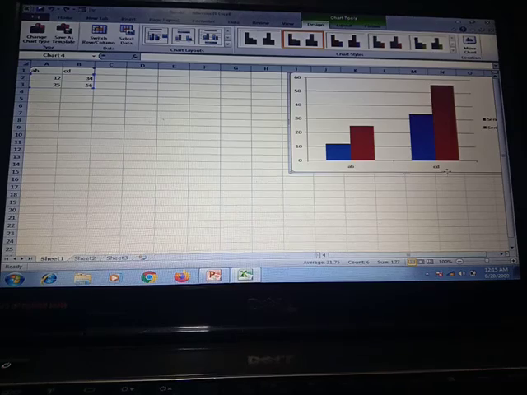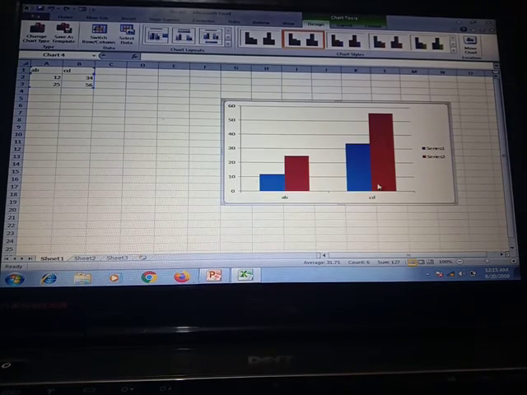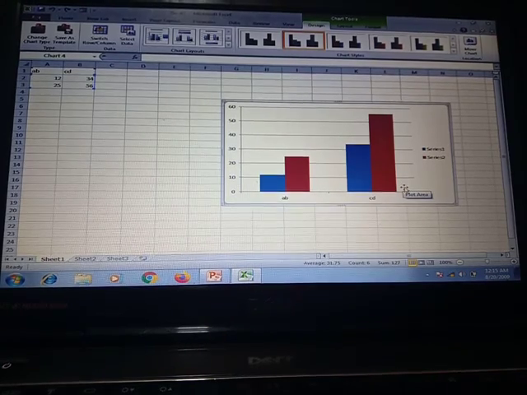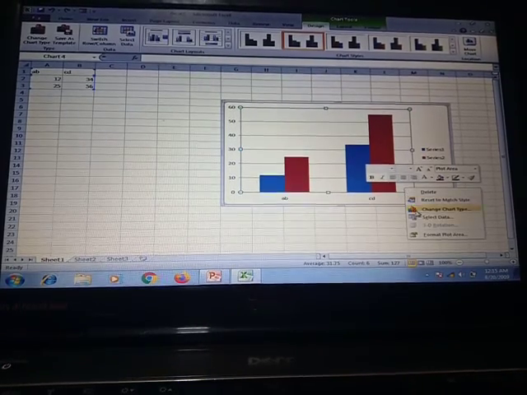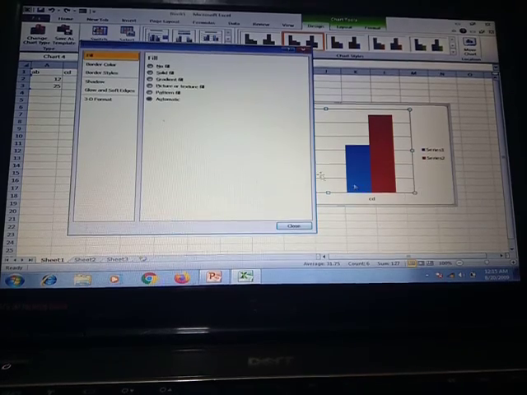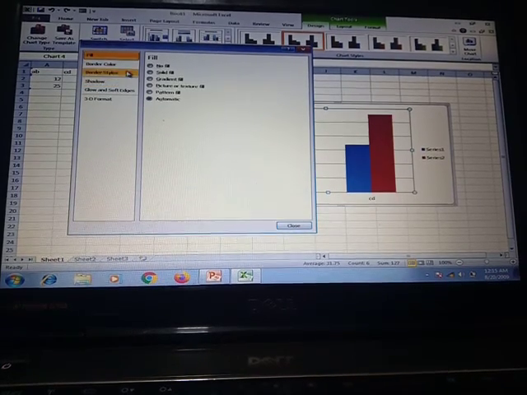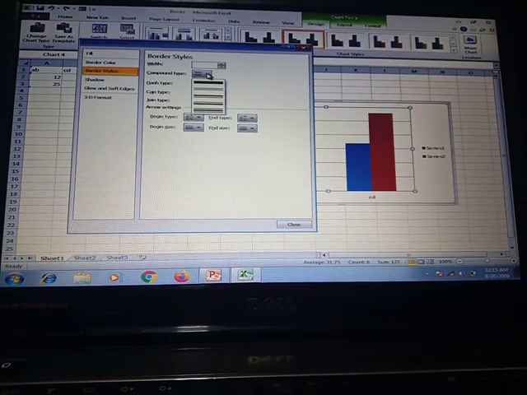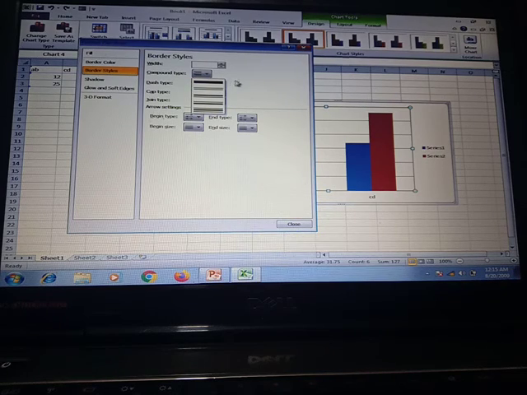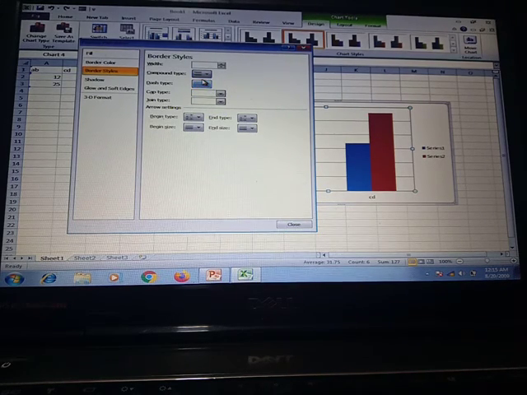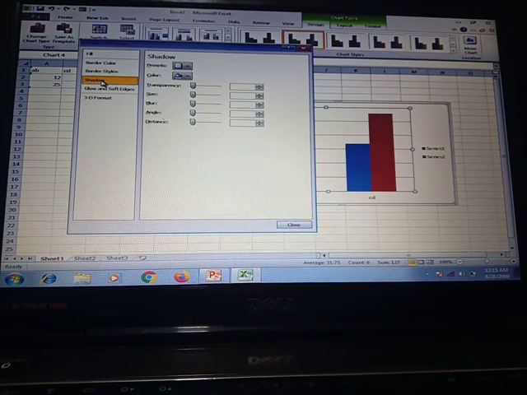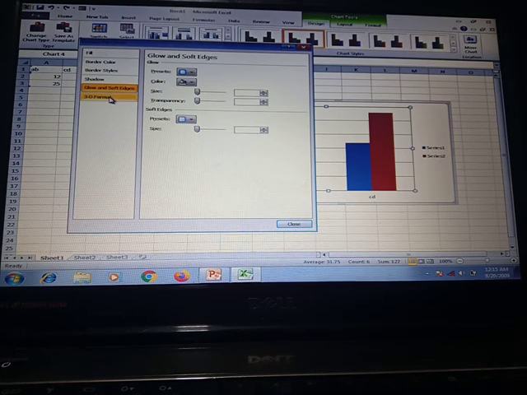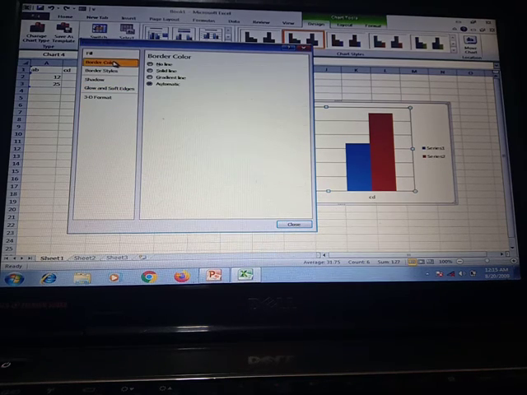So this is your plot area where we can change the appearance. We have to click on plot area, format plot area, and we will see the options by which we can change our border styles. Also there is the component type. Here we can choose any of the bar, dash type, cap and arrow settings, width, and the shadow is also there, glow, soft edges, and 3D format, all are there.